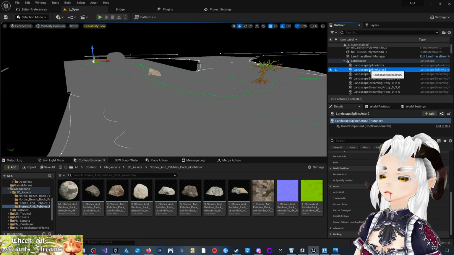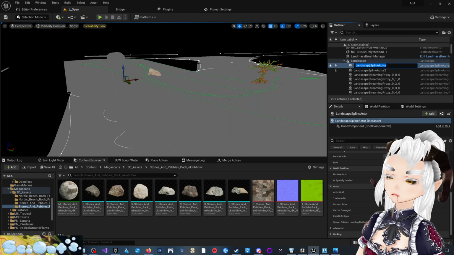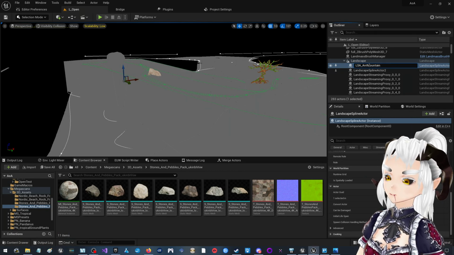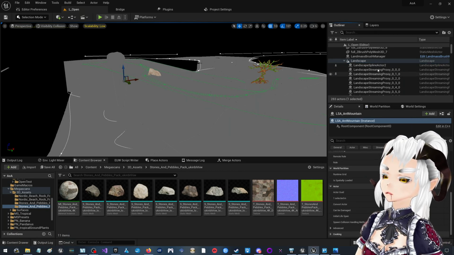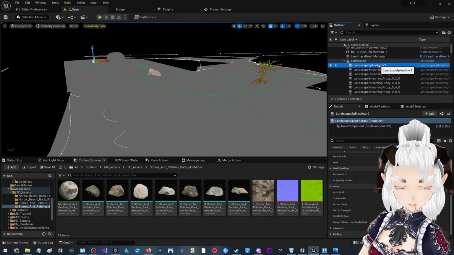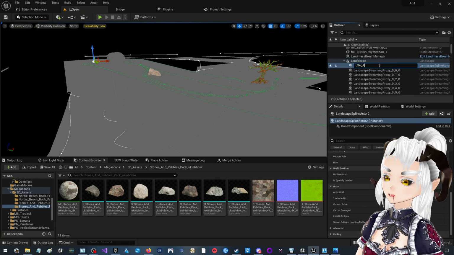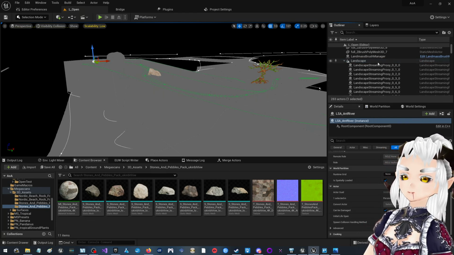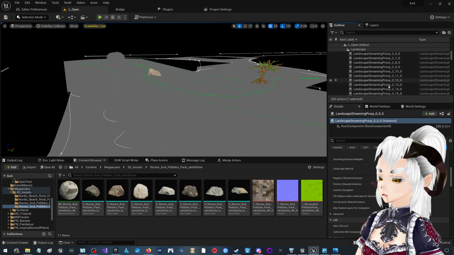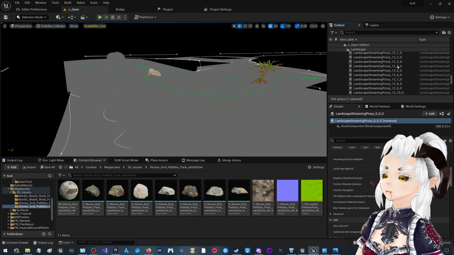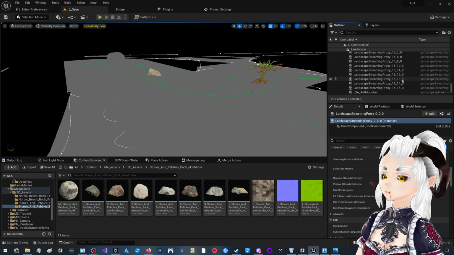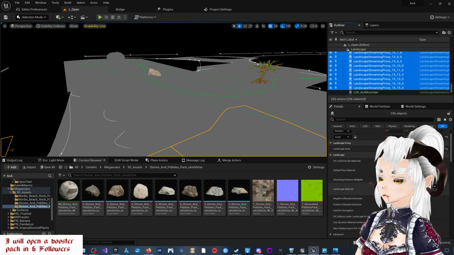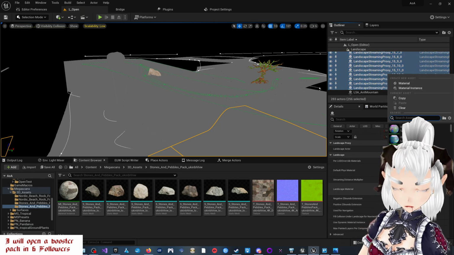Landscape spline actor, landscape spline actor. We can rename these. This is LSA and mountain. And this is LSA and river. See, none of the proxies have received the landscape material command to update that landscape material. But we've selected all the proxies now, so we should just be able to go here and